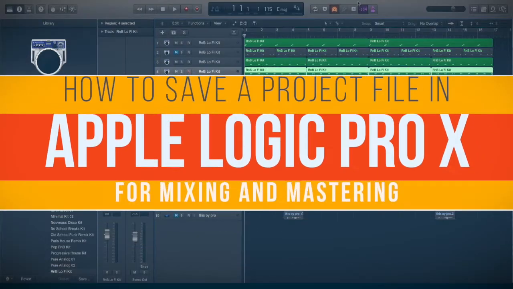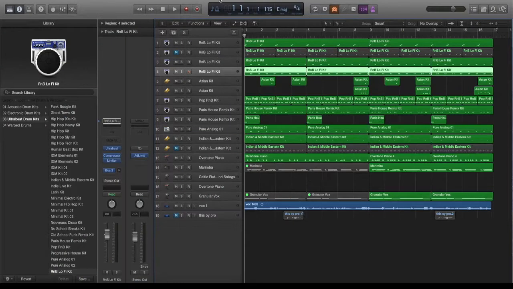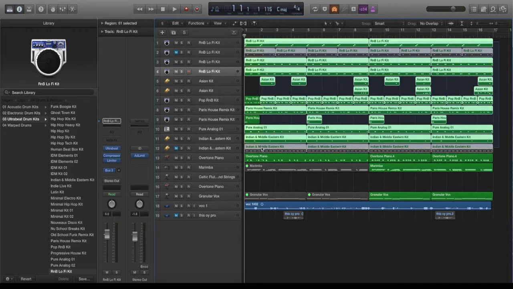As promised, I said I will show you how to save a Logic project file when sending it for mixing and mastering, and especially when I want to work more on the beat, enhancing it to make it sound more quality, you know, change the beat pattern and the snare pattern and some other stuff. You understand? Having the MIDI instrument or the MIDI notes will help make the process